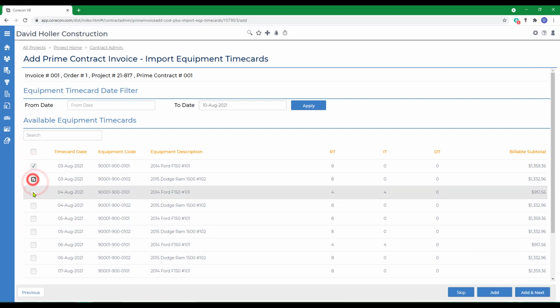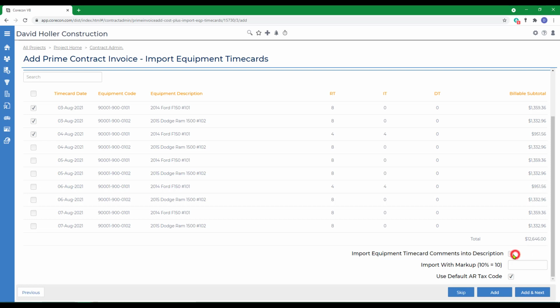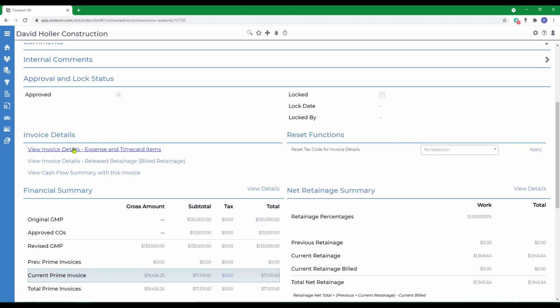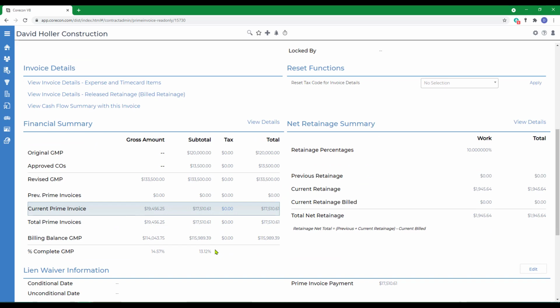We're just going to add a few, and then at the bottom, add the markup for that transaction type. Click Add and Next. Now we're going to apply the overhead. Note that we removed that profit markup because we added it, in this case, by transaction type. So we're going to add that 7% across all items, and then click Add and Next. You can edit the information that you just added. You can add additional items. The summary of what we just invoiced to the customer, client, or project owner appears at the bottom, as well